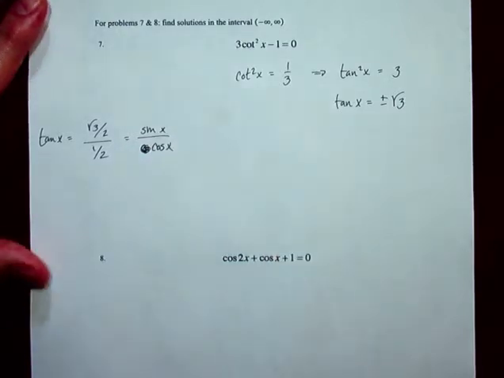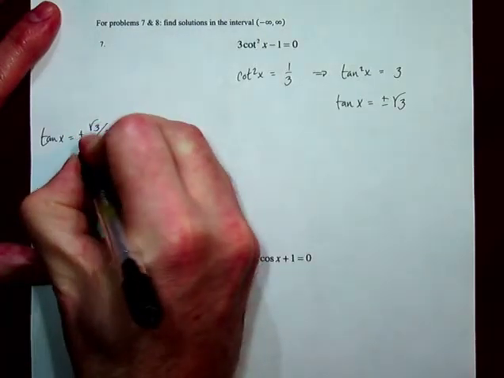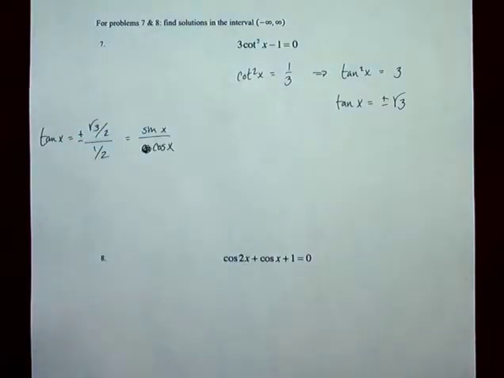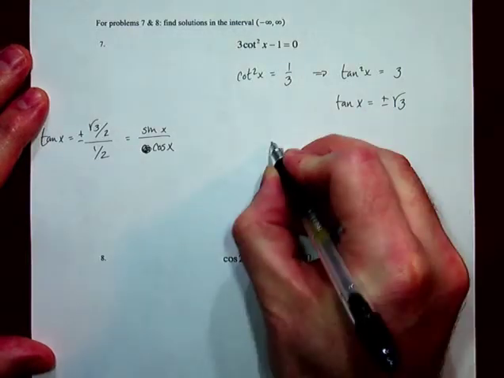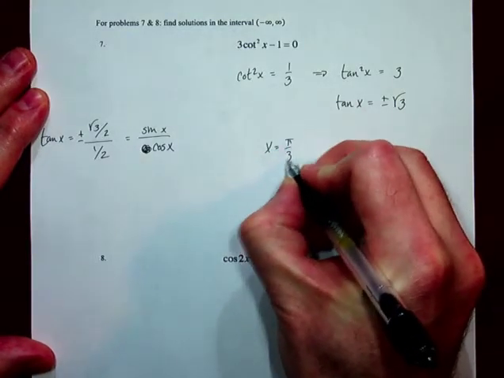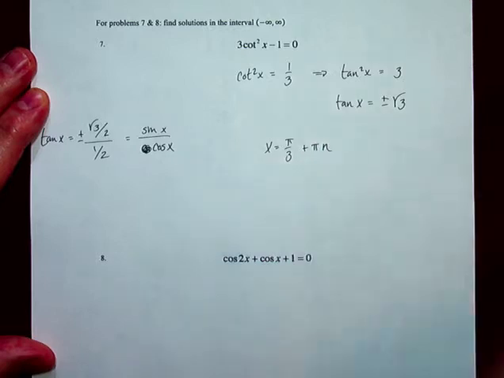cosine, sine over cosine. And basically you're looking for plus or minus. So where is sine √3 over 2 and cosine 1/2, and just put out of your mind the pluses or minuses? Well, sine is √3 over 2 and cosine is 1/2 at pi over 3. Okay, so one of those answers is pi over 3, and of course since tangent has a period of pi,